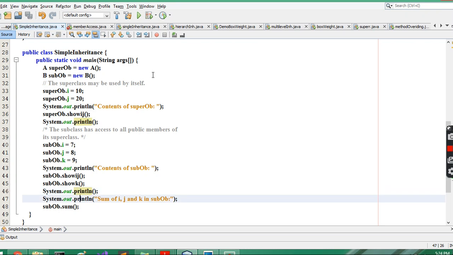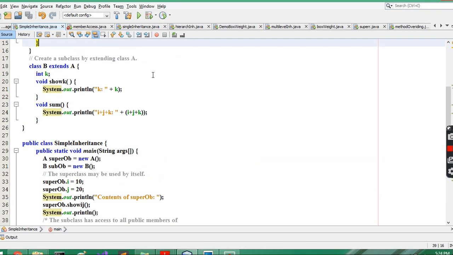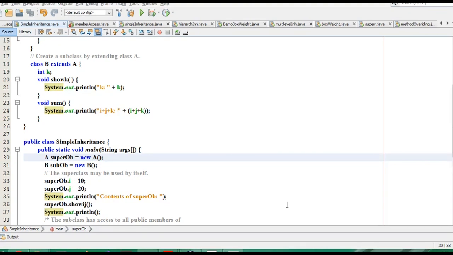the addition. So what does this addition say? Sub object dot sum. Where is this sum? Yes, sum is trying to return I plus j plus k. So in this example, we saw how a simple inheritance can be used. Okay. Now this